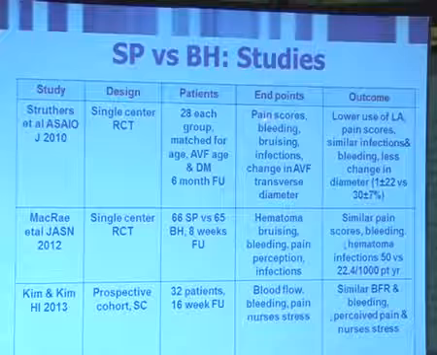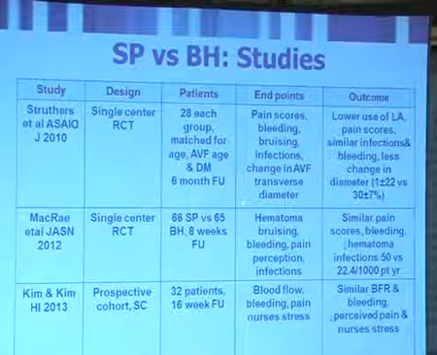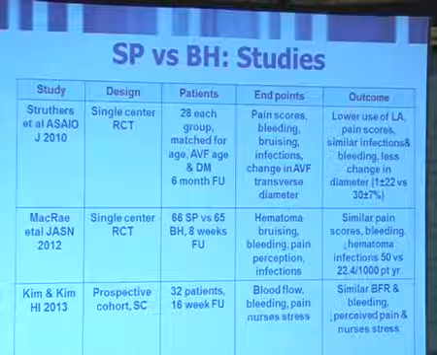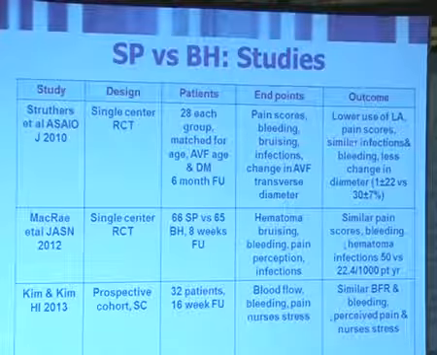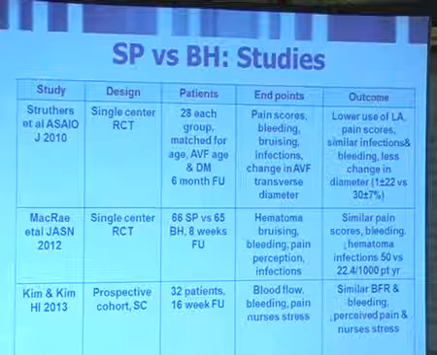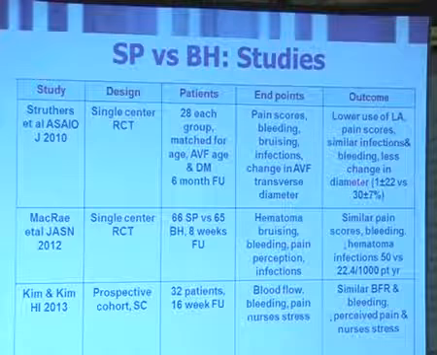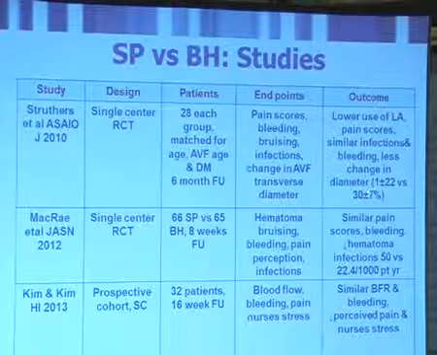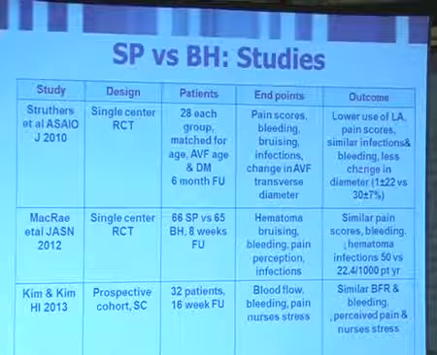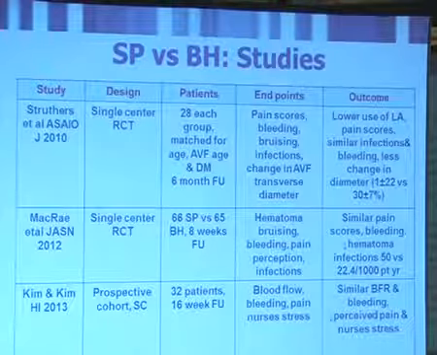Again, they looked at pain scores, bleeding, bruising, infections, change in AVF transverse diameter, which is a precursor for aneurysm formation. And what they found was lower use of local anesthesia in buttonhole, lower pain scores, similar infection rates, bleeding time, and significantly lower change in the transverse diameter, approximately 30% less. So again, this can be a significant marker that these patients would tend to have less of wall defects, less of aneurysm formation, less of